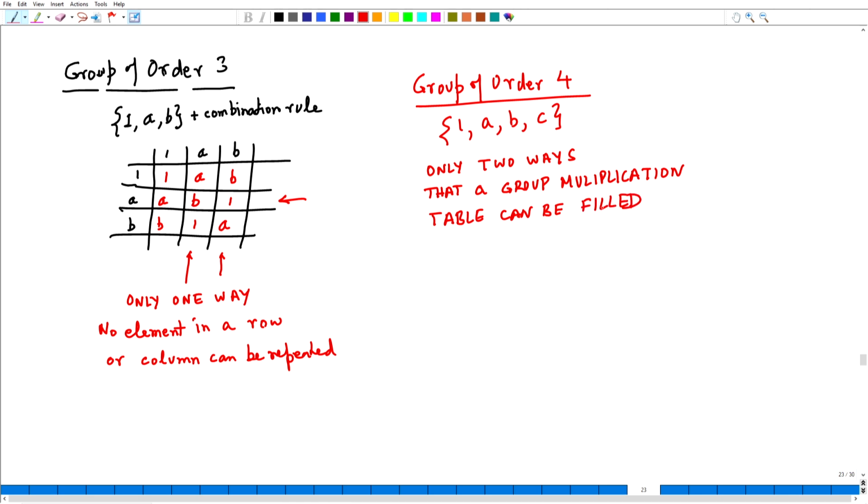And of course, once you go to higher orders, more different ways are possible for the group to operate depending on what the combination rule is. So, this is the thing that we should remember, and this will greatly facilitate us in developing different groups